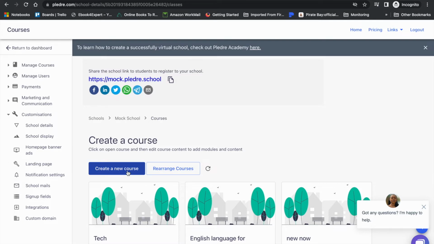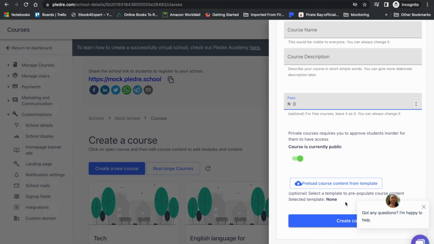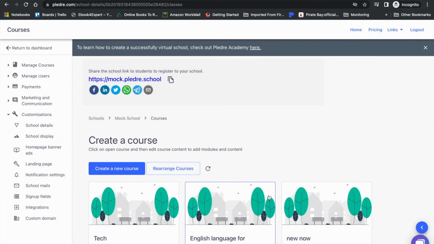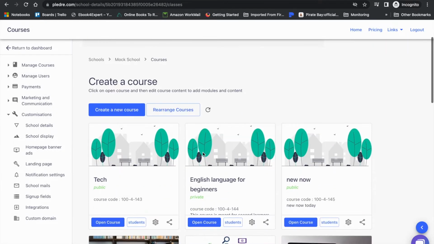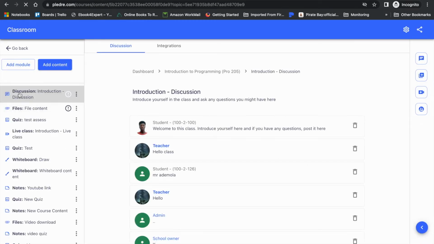You can create a new course by clicking on create a new course, putting the course name, the description, how much the course costs, whether the course is public, and preload course content from existing templates before you create the course. After creating a course, you see the list of the courses you have. Within the courses, you can click on Introduction to Programming, and from within, you can see the list of contents